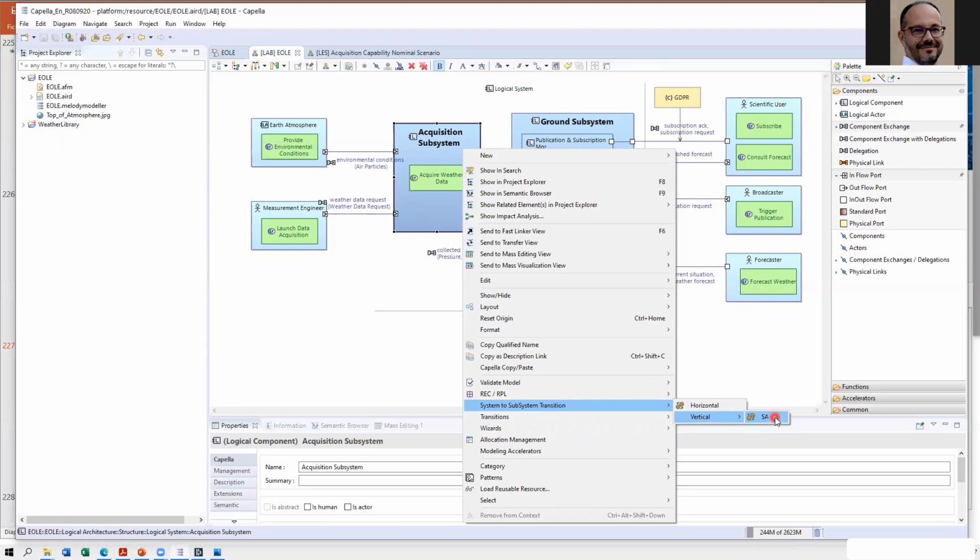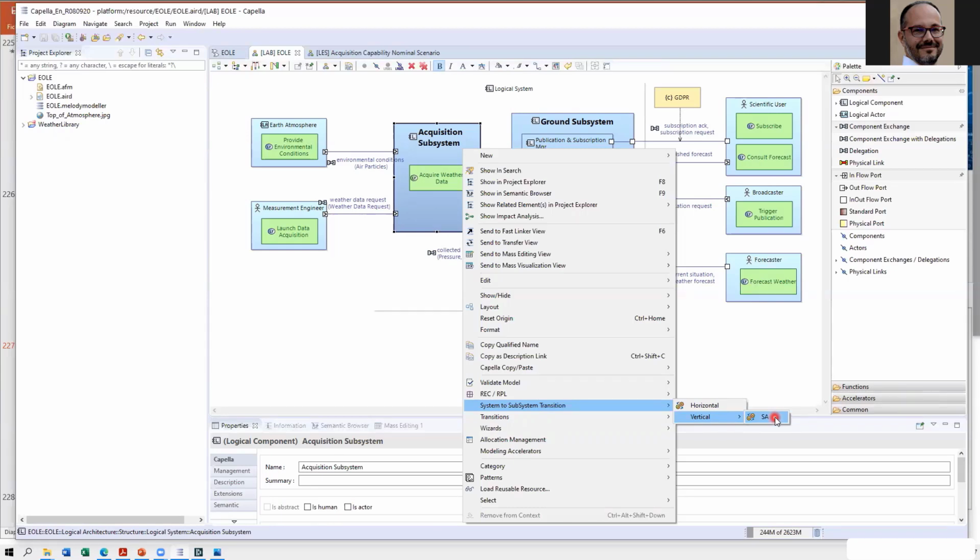Horizontal can be interesting. It means you extract the logical component in a new model, but it stays at logical architecture level so that people can, for instance, refine the logical function or create some physical architecture under that realizes it. So maybe add some new logical scenarios, or I don't know what.